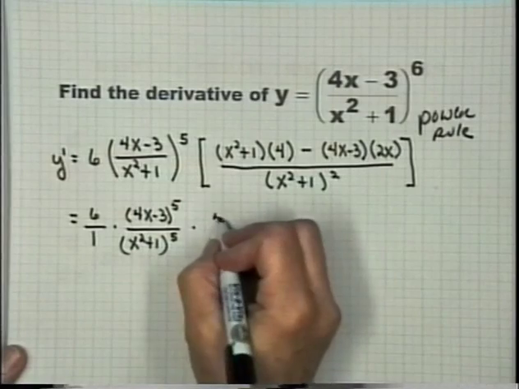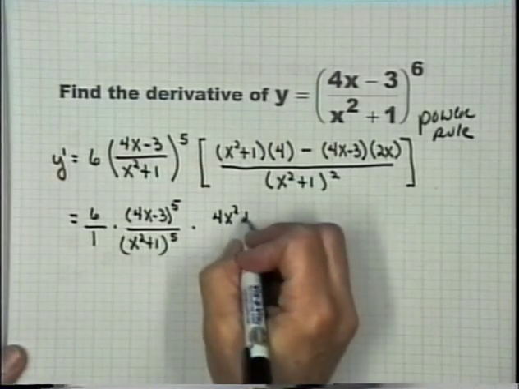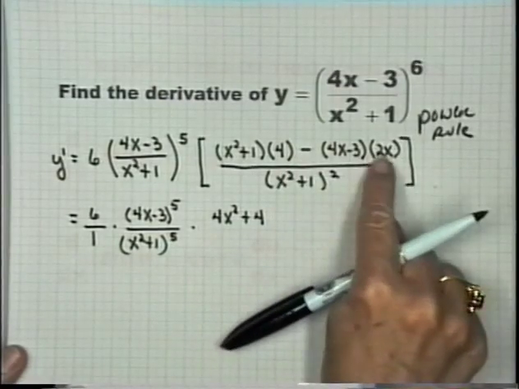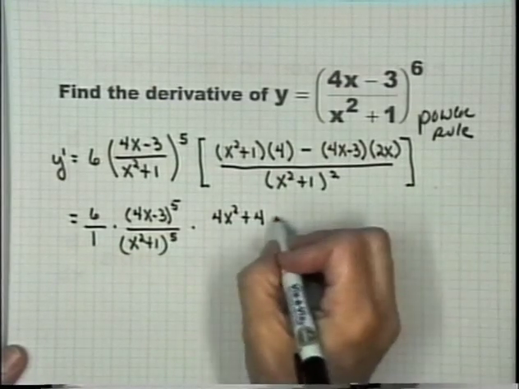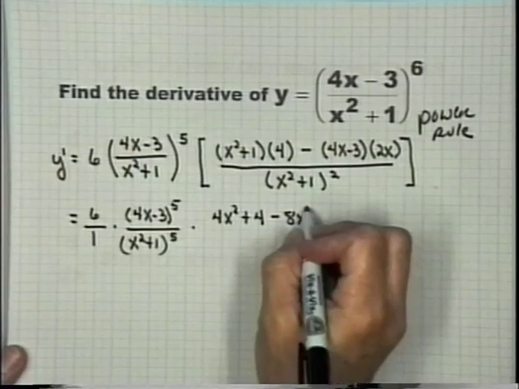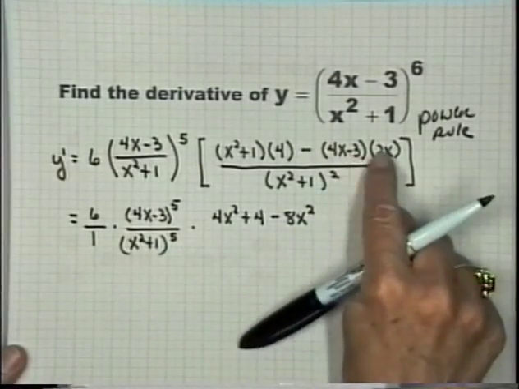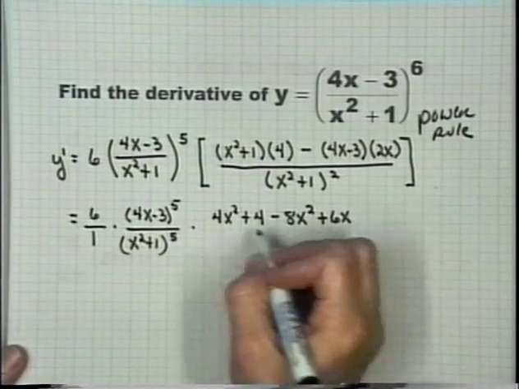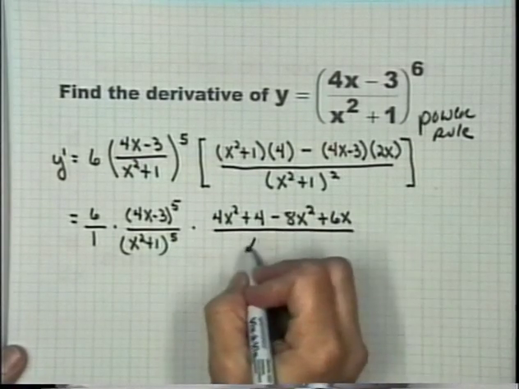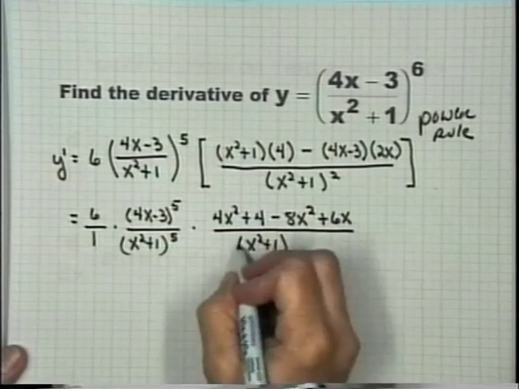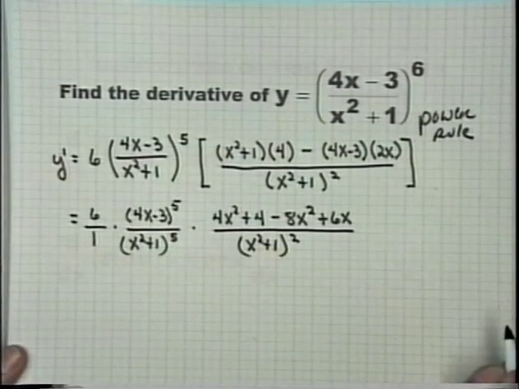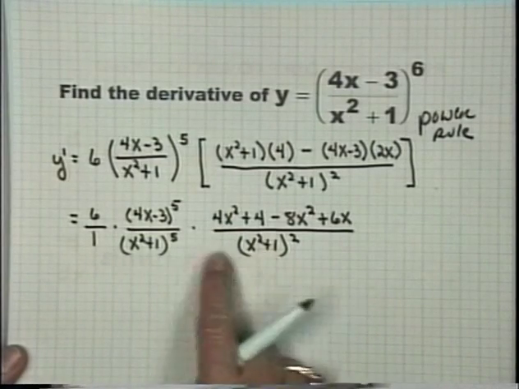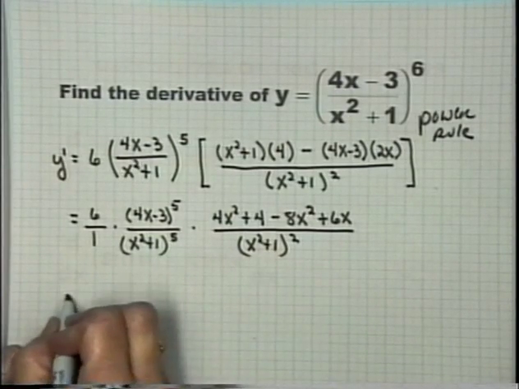Distributing my 4, I have 4x squared plus 4. And then here, notice your negative, so I'll have an 8x with a negative, so minus 8x squared. Negative 6x, but this negative will change that to a plus 6x. And this is over x squared plus 1 squared. Now I think you'll see here why I wanted to split this up, because as I multiply, these are alike, and I can add the exponents. So I have a